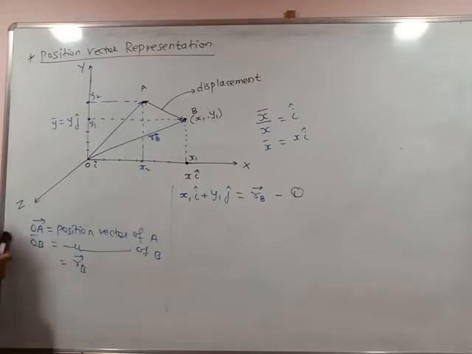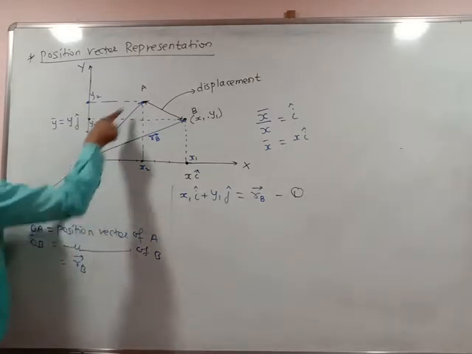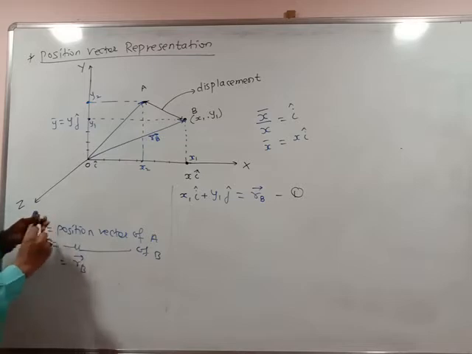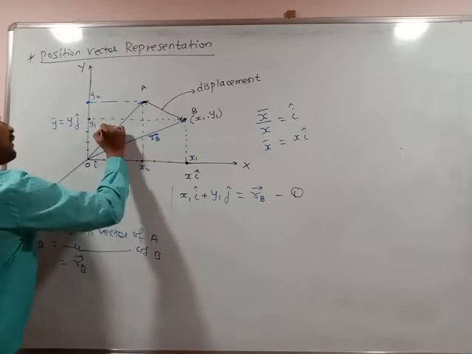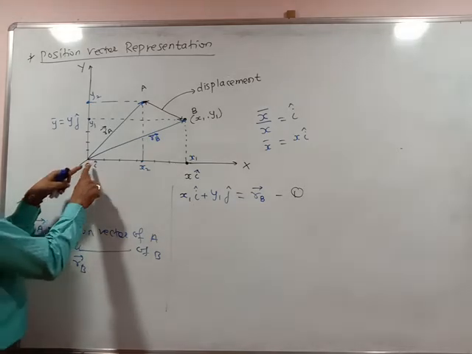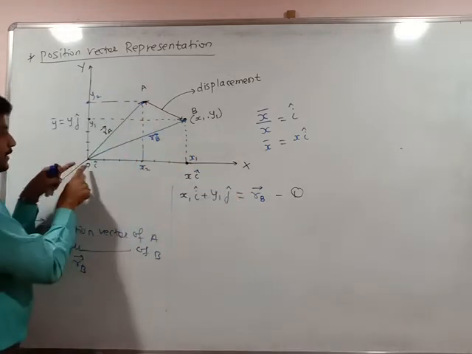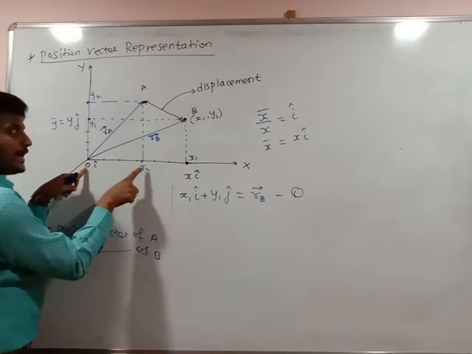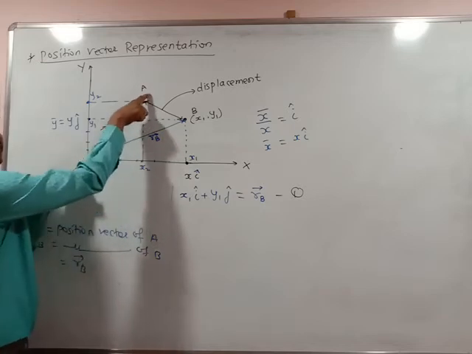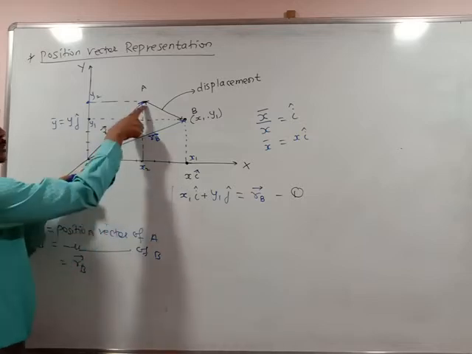Now we will consider the next point. You have to go from O to A directly. So the O to A direct distance I can write here as RA bar. If you are moving from O to A directly, or you can move indirectly from O to x2 and x2 to y2, then you are moving to position A. There are two paths from which you can reach position A.